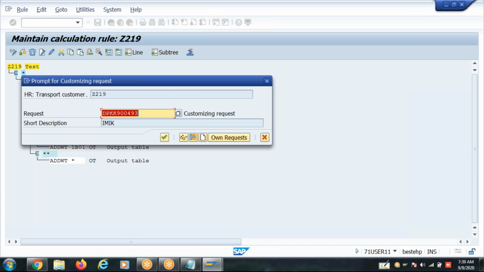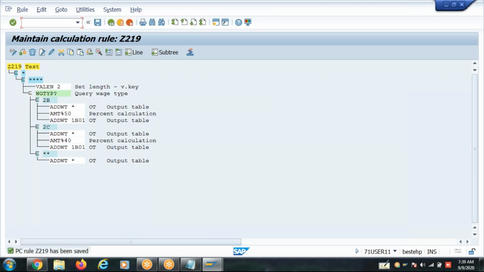Go to the output table. So is it a generic rule or a waste type specific rule? Anyone? Should we insert this rule as a generic rule or waste type specific? What is that? So it's type specific. But what are we calling in the second level?